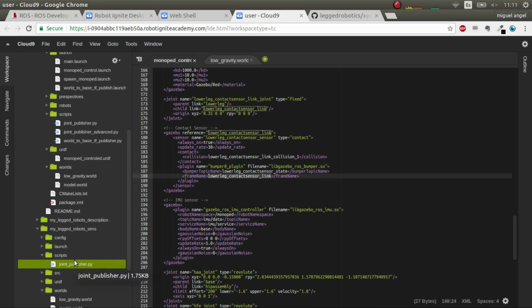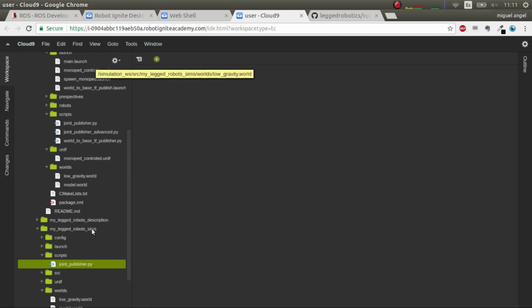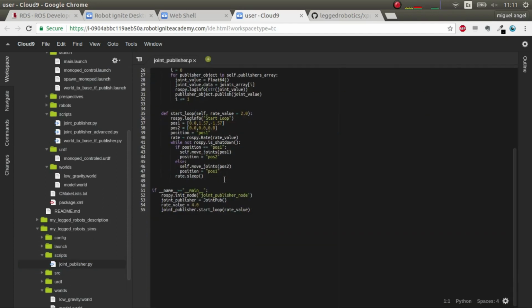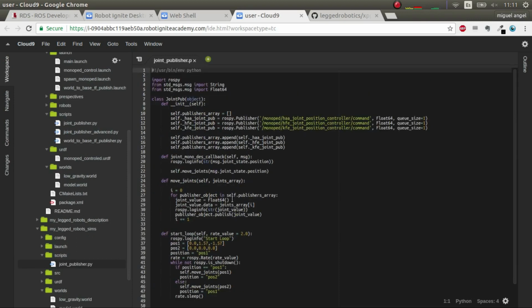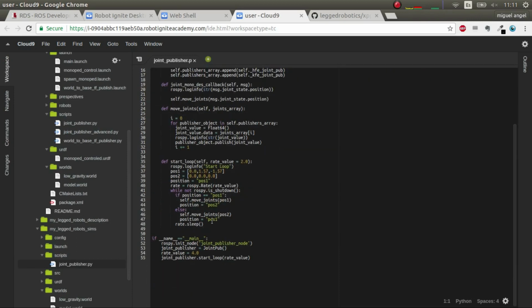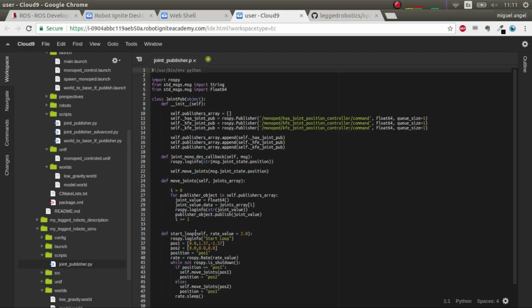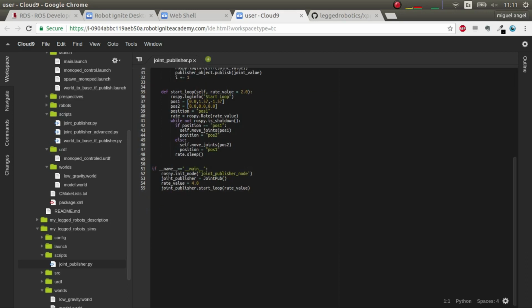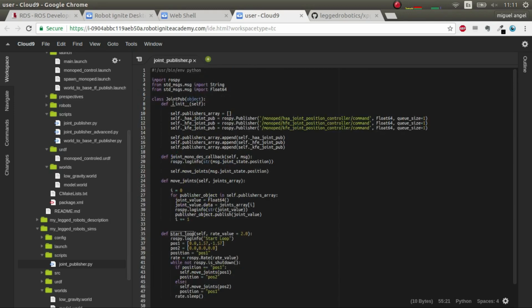Yep. So we can close this, and let's have a look. It's a very simple class, but I think it's very useful. What we are doing here is, when you launch this Python, it creates this joint publisher class object, and you state the rate at which it publishes, and then you start the loop. So this class starts